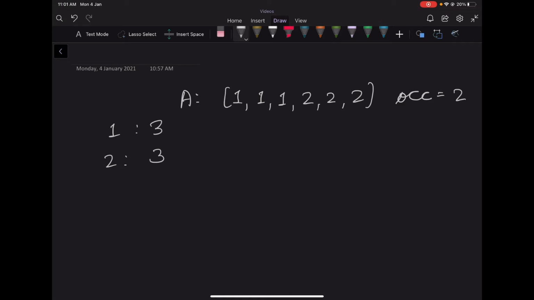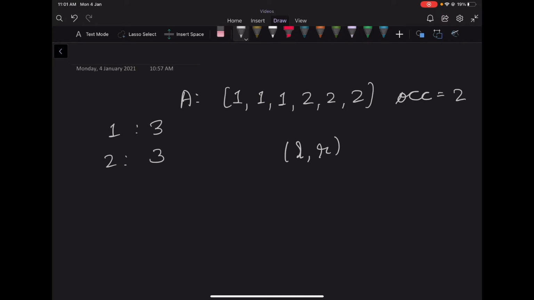So since we are deleting a subarray, we know that a subarray will be of the form L to R. It will have a left range and a right range. So we can actually iterate over all the possible values of L, but now we also need to find R. So how do we do that? Actually, it turns out that we can do that using 2 pointers because L to R represents the deleted range.